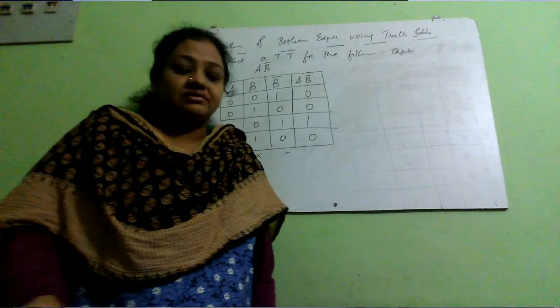As we know, the logic operations of Boolean algebra are AND, OR, NOT. Those are the three basic operations of Boolean algebra. So now we will see how we can evaluate a Boolean expression using truth tables. So let us learn how to construct